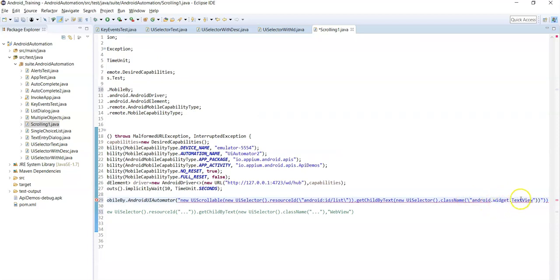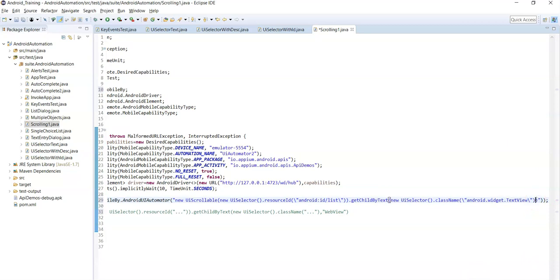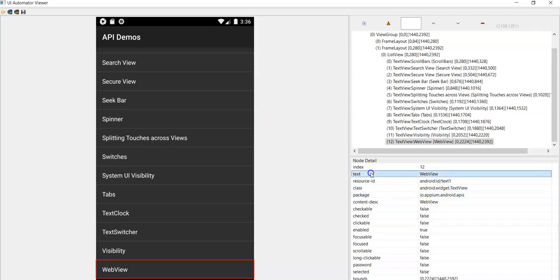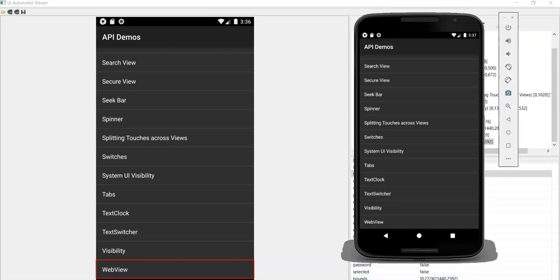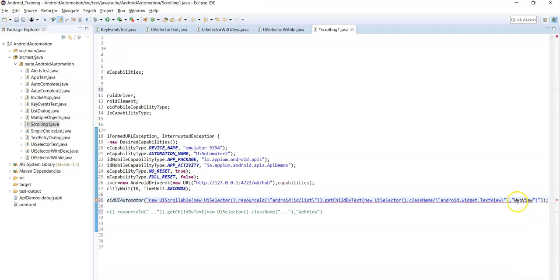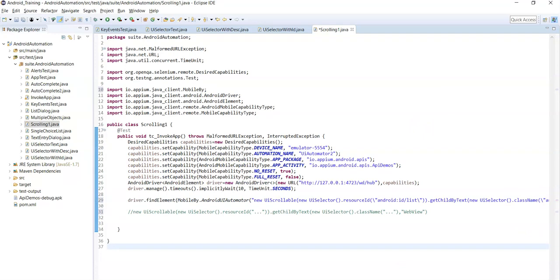We need to place backslashes. And then the second parameter. What is the second parameter here? You need to pass the text attribute value, right? What is the text attribute value of web view? Web view only, right? So copy this text attribute value, place it here. Here again you need to place backslashes. Okay, that's it.